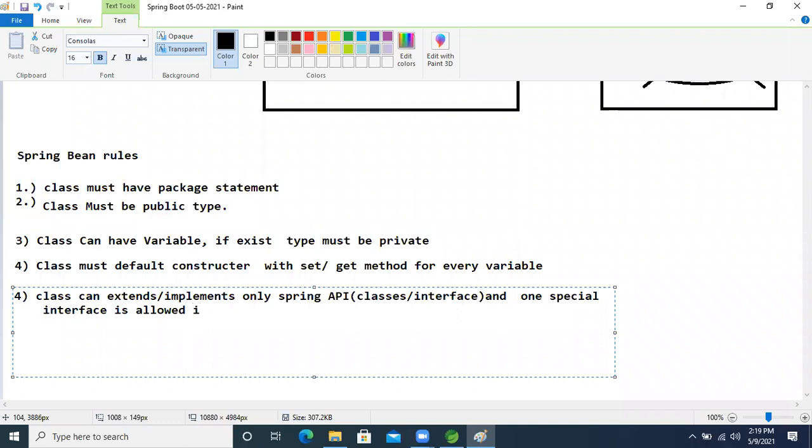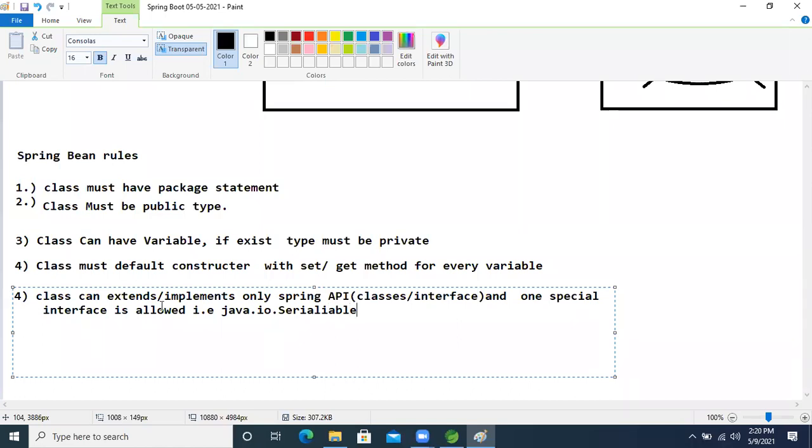For example, java.io.Serializable interface.